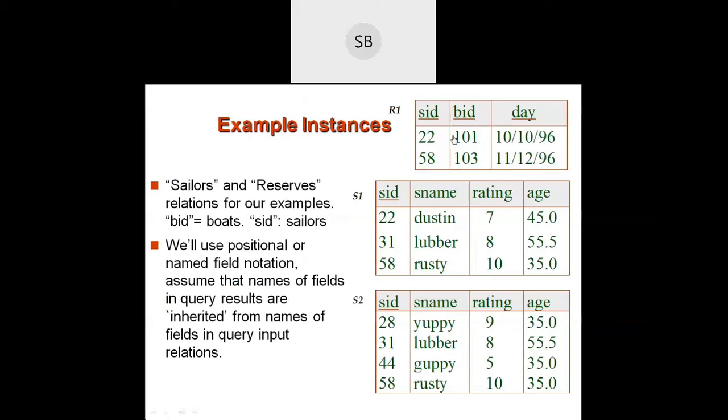Similarly, the S1 table has SID, SName, rating and age as attributes, and the S2 table also has SID, SName, rating and age. These are the attributes present in the tables R1, S1 and S2. So these are the sailors and reserves relations for our example.